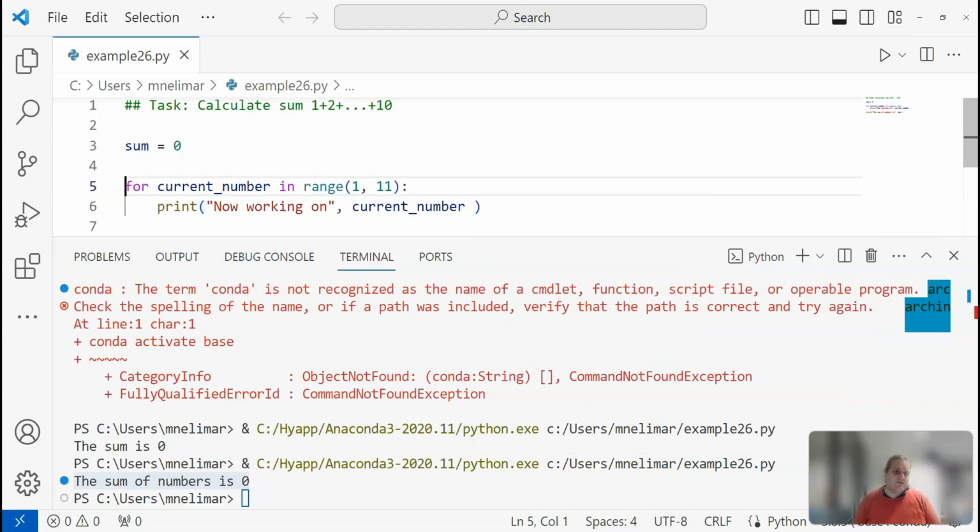So I added this for structure, and we are going to do this from 1 until 10. So this is 1 beyond 10. Here are all the numbers from 1 to 10. And for each of them, we are going to assign them to be the current number. So first we assign 1 to be the current number, then we assign 2 to be the current number,